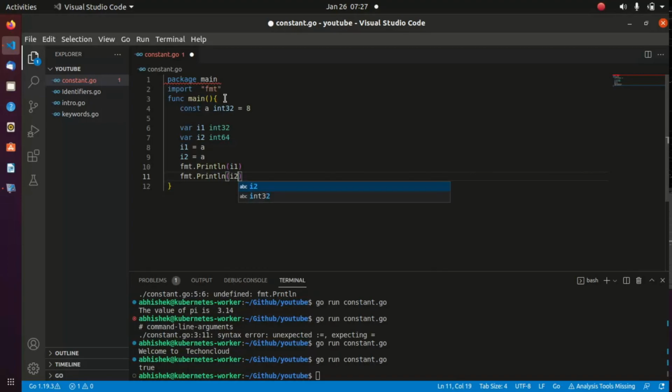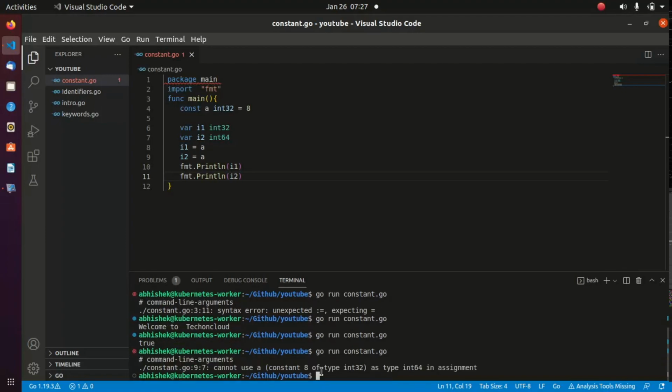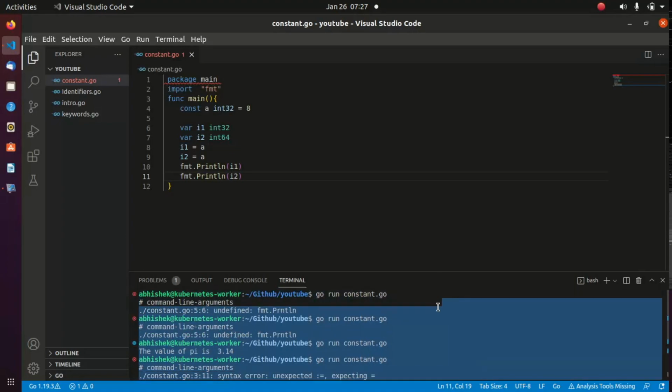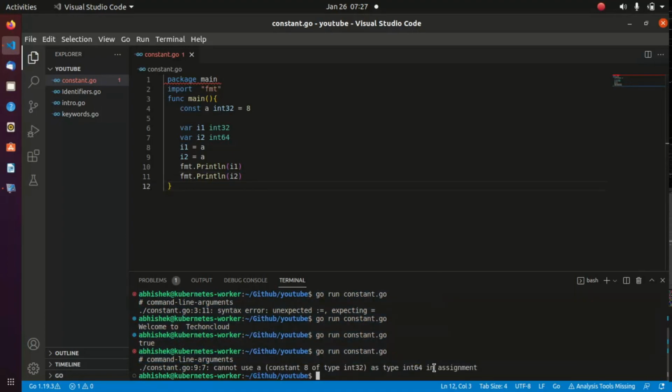Save it. Now we will run it. See, as the error demonstrates,